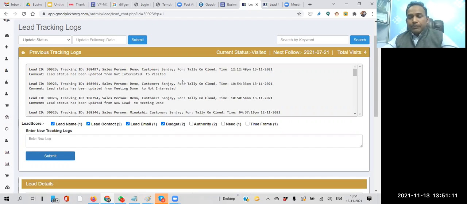That will help the decision maker or sales manager to identify the behavior and the way the salesperson is following, and the chances of closure for that particular lead. So this is all about the lead score.